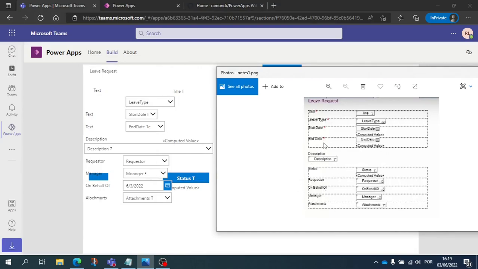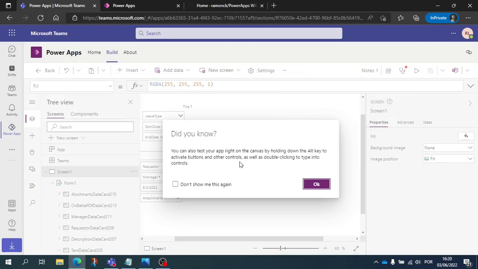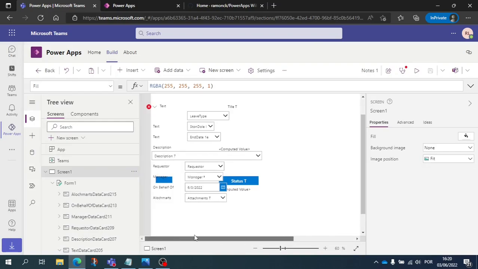It wasn't really able to identify these, probably because of the quality of the print screen that I did, which was very bad, and that's fine. But at the end of the day, it was great because it created a nice little screen for us.